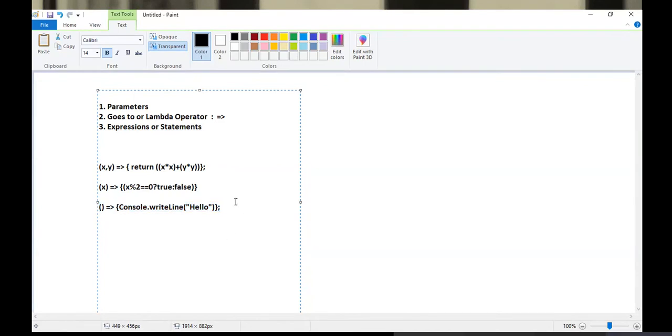So this is also a valid lambda expression. But you see the format is the same. First you give the parameter list, then you specify the goes to operator, and after that you write your logic or the statements which represent the logic. This is how a lambda expression can be written.